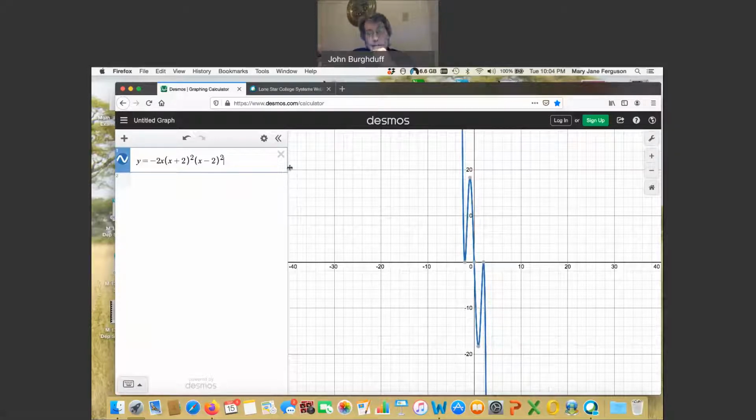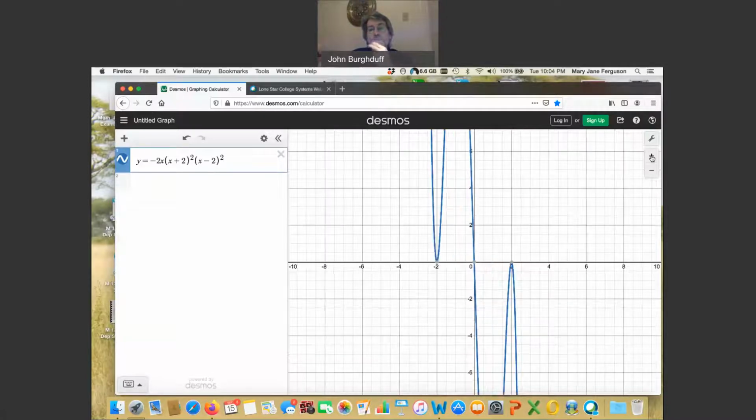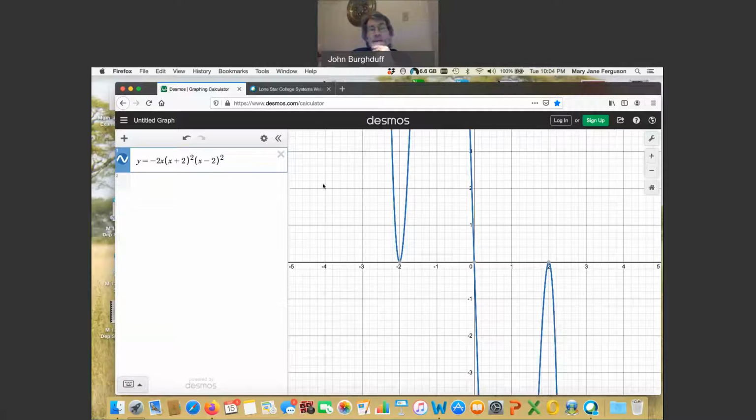This is all nicely factored, so the zeros of the polynomial are obvious. Let me zoom back in for a closer look. Notice that I have a 0 at -2, +2, and then I also have one at 0. If I were to set 2x equal to 0, I would get 0. So there's an x-intercept at 0, there's one at -2, there's one at +2, and notice the exponents, which refer